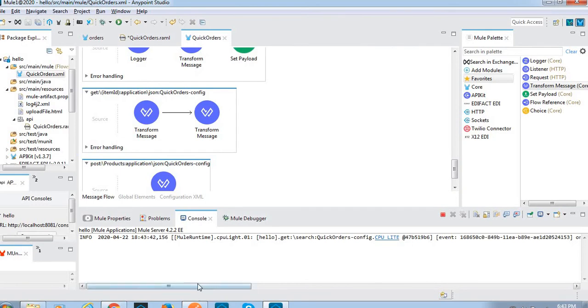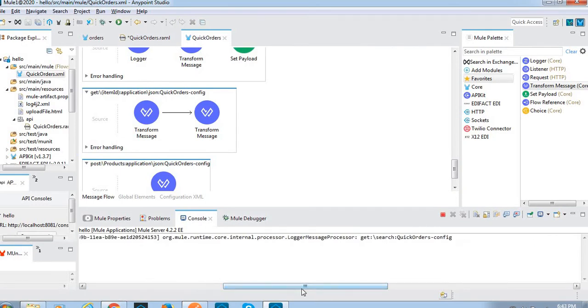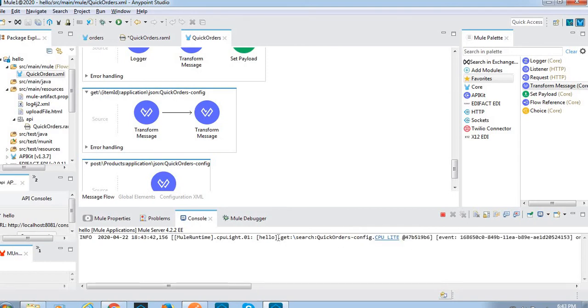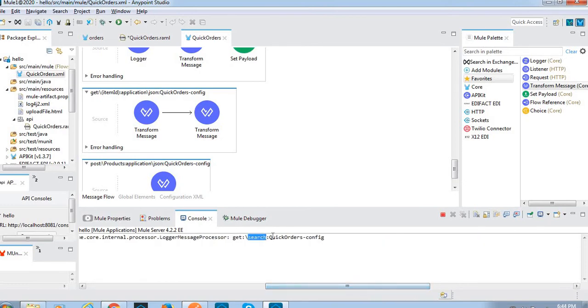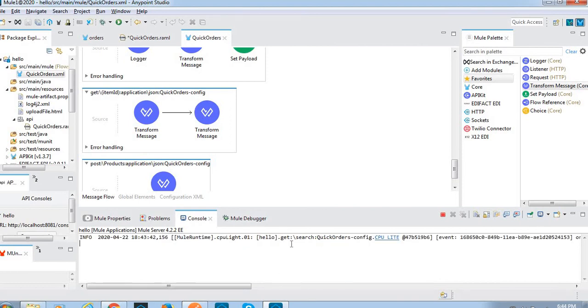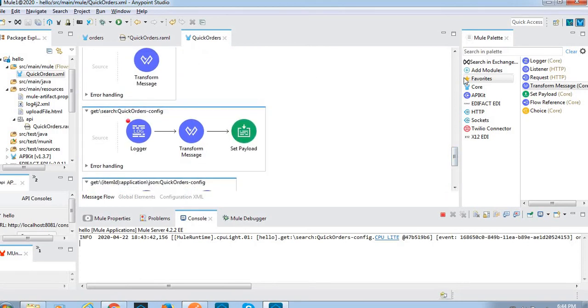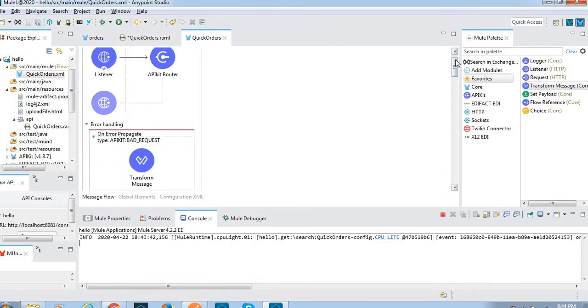See, here we are printing the log details. From the log we are printing this is the get method with the resource name. Resource is search. This is the path and the quick orders config. Okay, we successfully called this flow from the API kit router.